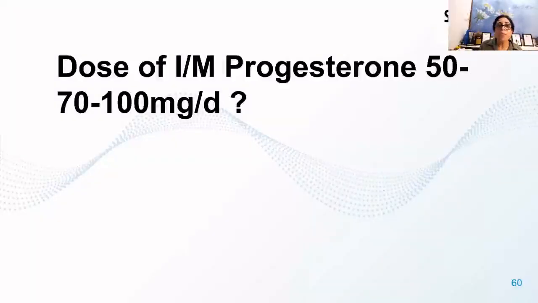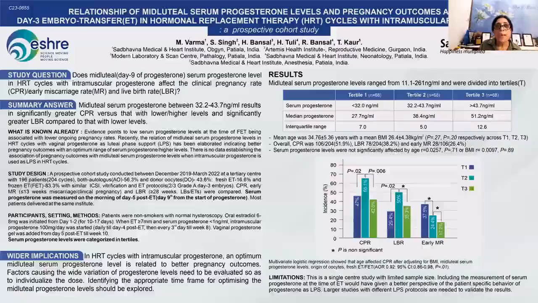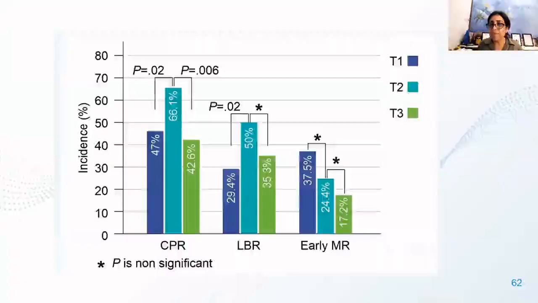And the dose of intramuscular progesterone, somewhere 50, 70, 100 is too high a dose because the levels go very high. Because we use so much intramuscular progesterone, and it is very less often used outside, we compiled our own data and saw that when we give 100 milligram of intramuscular progesterone, the levels go very high. The levels have ranged between 15 nanogram to 234 nanogram. The most optimal results are in the second tertile, which is 32 to 43, and because of this we have stopped using 100 milligram. We have switched over to something between 50 to 70 milligram.